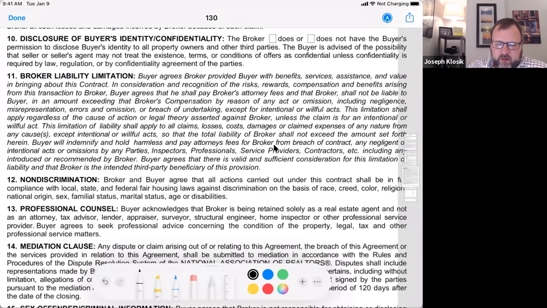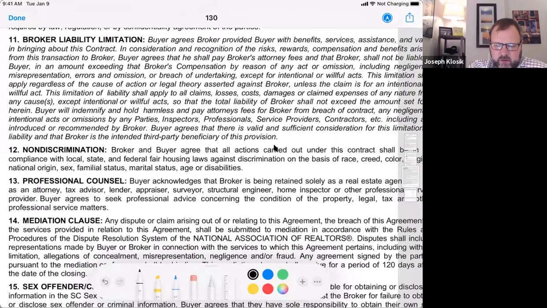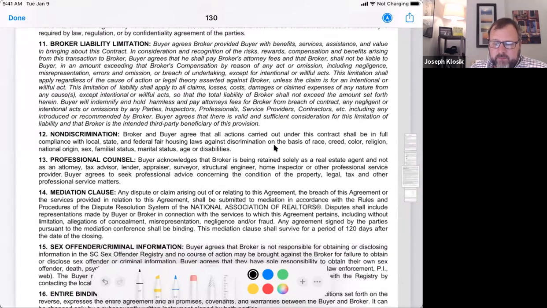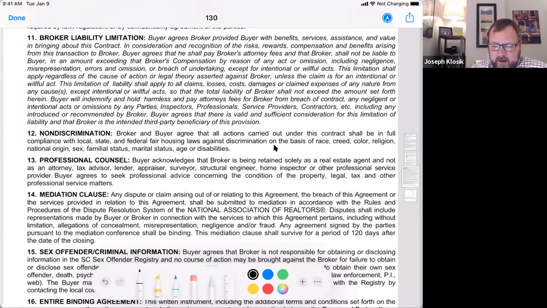Section 11 is basically the broker liability limitation. This is where they're basically saying, I'm not an inspector, right? I am not an attorney. I'm not a tax person. I can't give you expert advice on any of that. I'm a real estate person. I can give you information. I can talk you through this contract. I can walk you through the real estate market. However, the reason that we hire so many other people during the transaction is to have all the experts talking